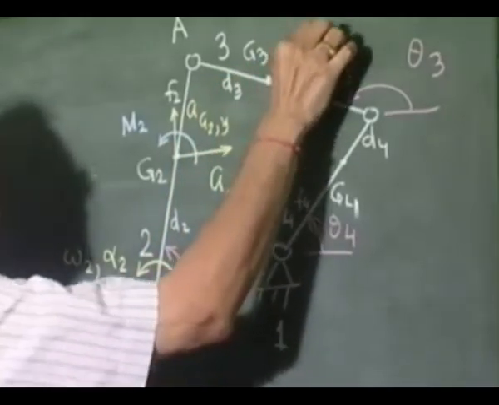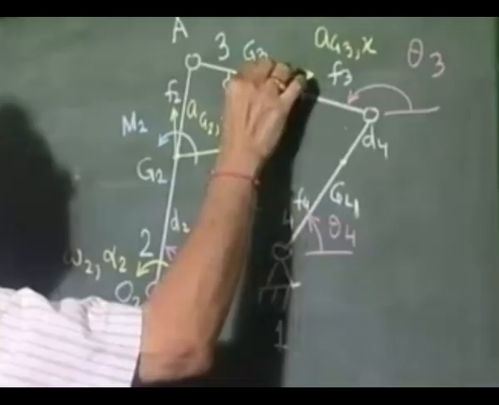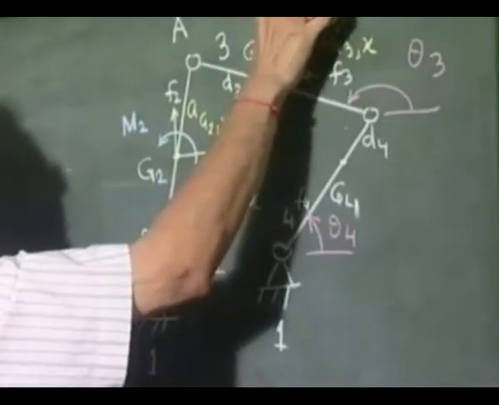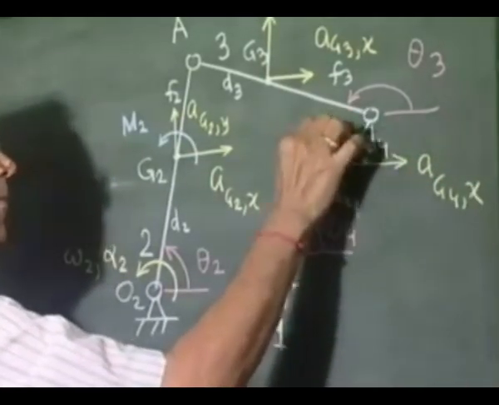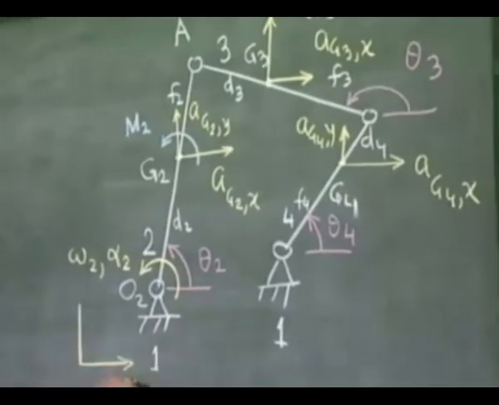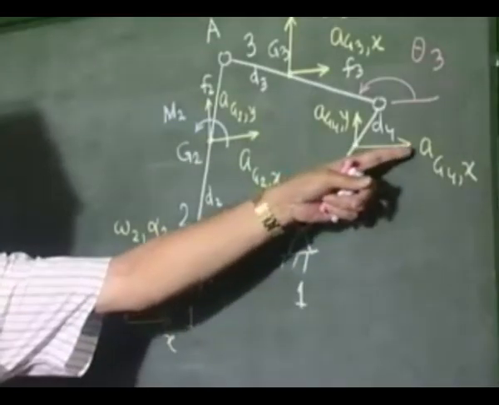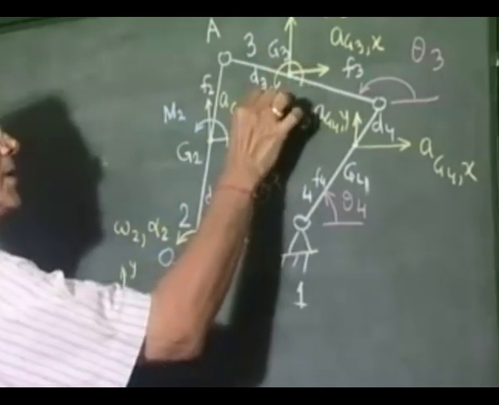and let the acceleration components of the mass centers be ag2x and ag2y. Of course, we have assumed x in this direction, y in this direction. The acceleration of this center of mass is ag3x and ag3y. The acceleration components of this point are ag4x, ag4y. The angular acceleration of this link is already given, prescribed, and we can find out the angular acceleration of the other